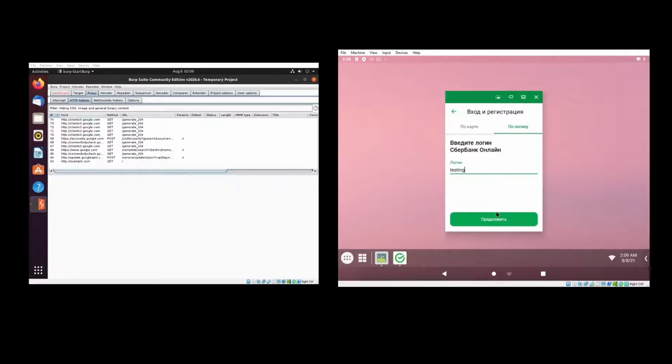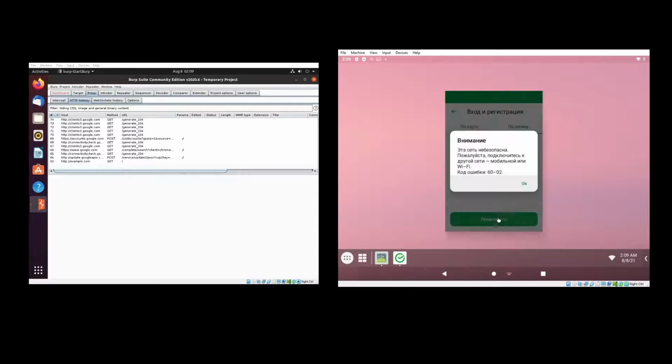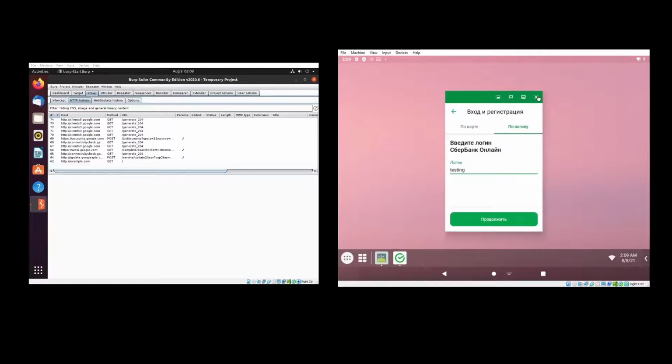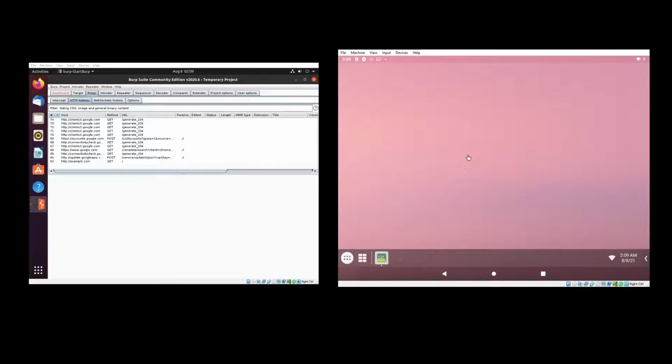Let's try and log in, and we're going to get a little error actually from the app because it's detecting that it believes that we are on a 3G network or lower, and therefore we don't meet the security requirements that the app requires of us in order to be able to use it. Okay,